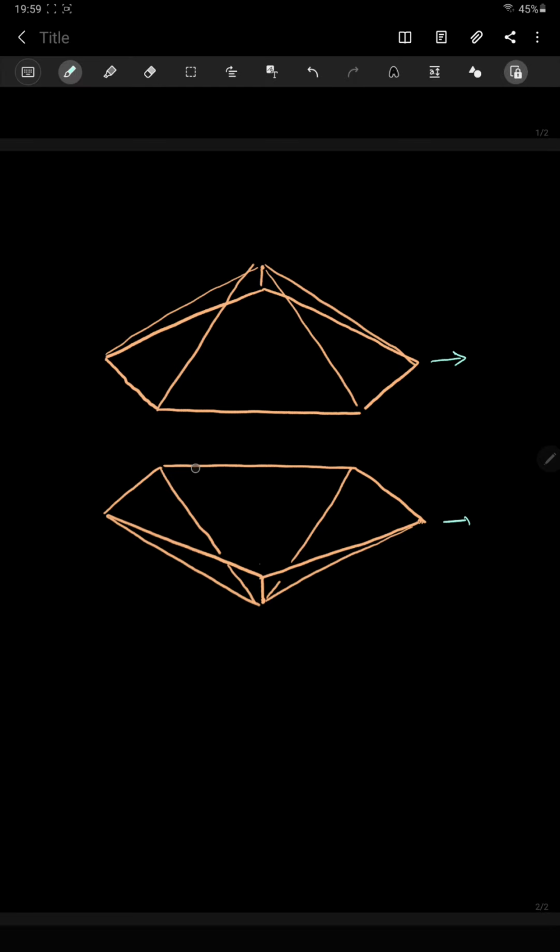Then let's proceed to the bottom corner, which is the next corner. Then the next top corner, next bottom corner, that is how we'll proceed. So let's start the journey from top to bottom and then to top.